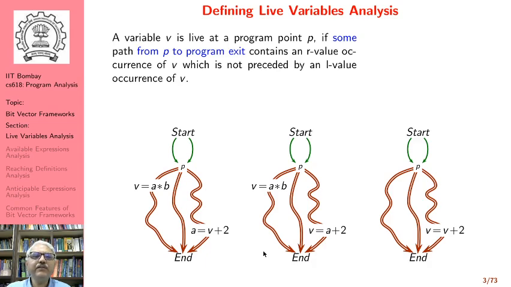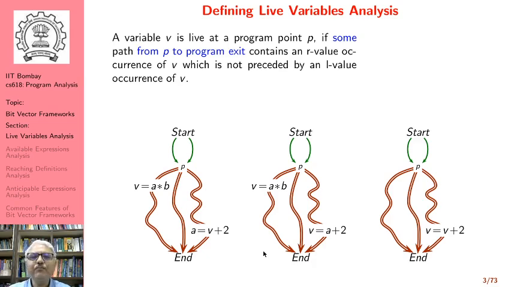First of all, we say a variable v is live at a program point p, meaning this is a property that is specific to a program point, specific to a position in the execution of the program. At a different program point, the variable may or may not be live. So this is a point specific property, or it's also known as a flow sensitive property, a property that depends on the control flow, and hence it could be different at different program points. That's the first point that we need to understand.